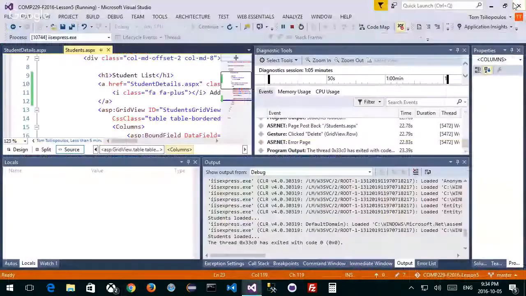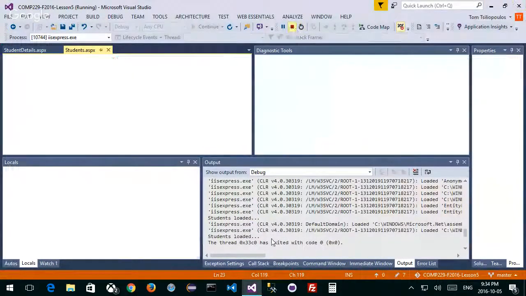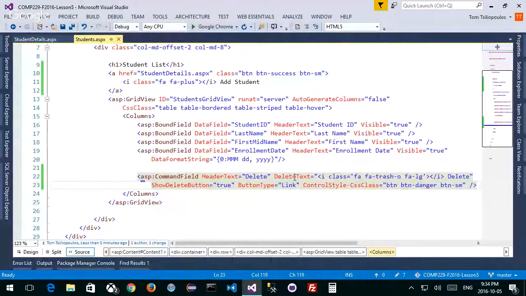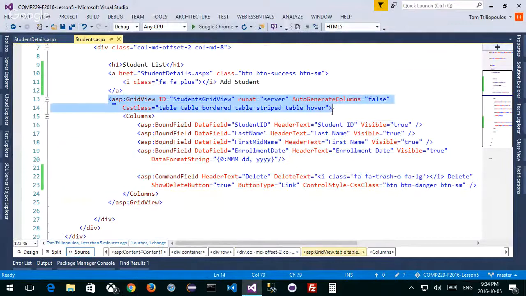And the place to do that is actually in the grid view itself. So first, we create the button, step 1. Step 2, modify the actual grid view, which is this tag right here. Notice that it only has this information right now. We're going to add additional things to it, like additional properties. If you want to see what properties you can add, you can always click on properties.